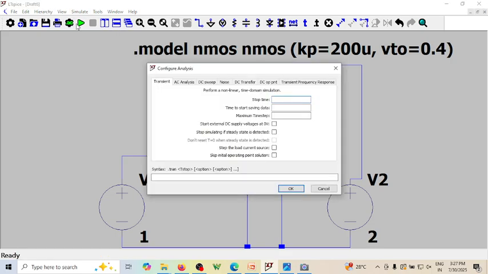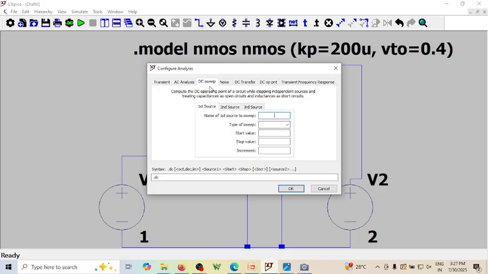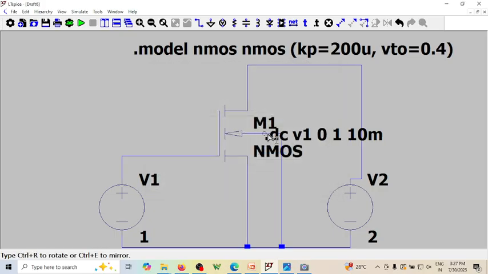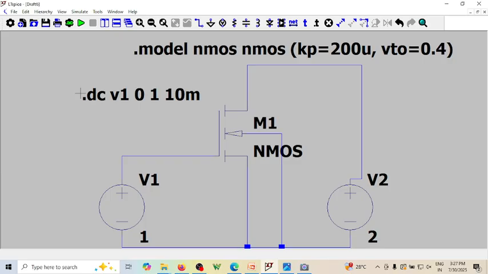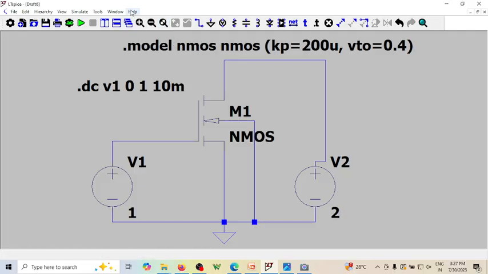This is my DC sweep. The source I want to change is V1. The source type is linear. I will start from 0 up to maybe 1 volt in steps of 10 millivolt. That's it, so I'm done with my specifications. Now the moment I run,